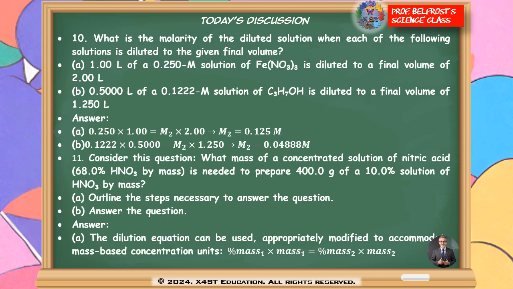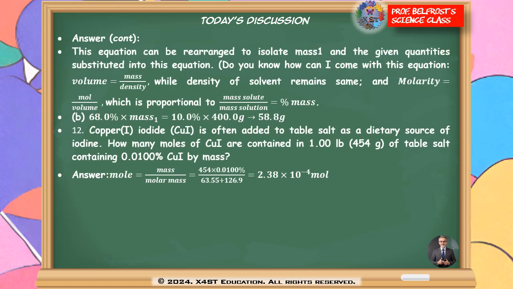It's very easy. The dilution equation can be used and appropriately modified to accommodate mass-based concentration units. This is the final formula that I will use: percent mass 1 times mass 1 equals percent mass 2 times mass 2. But do you know how I get this formula? Actually, this is rearranged